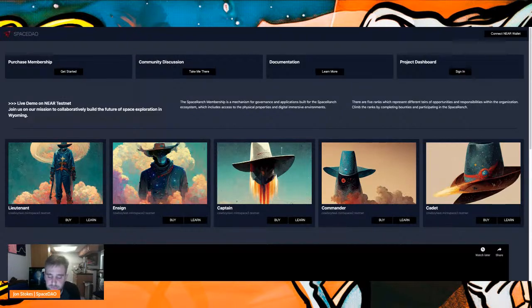Now, the interesting thing about what we've been navigating is the legal containers for DAOs, such as the DAO LLC. We've won an economic impact award from the state of Wyoming for demonstrating a proof case for their DAO LLC business designation within the context of the space industry.